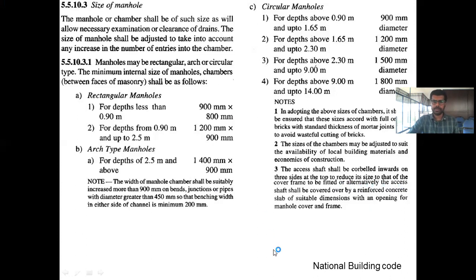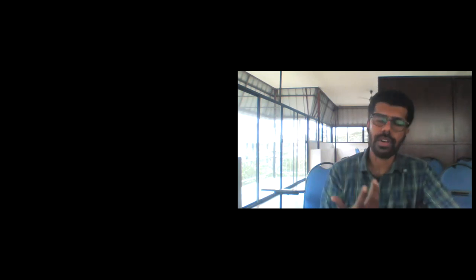Now I will try to show you a CAD drawing where I have done a manhole, and I will share the details about that. So you have just understood about the manhole, the height or depth of the manhole, and depending upon that, what is the size of the manhole. You have seen different shapes of manhole. You already know the function of manhole.